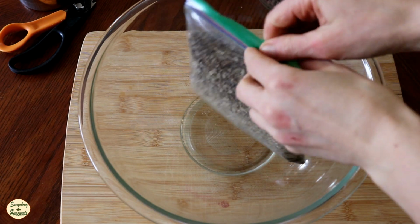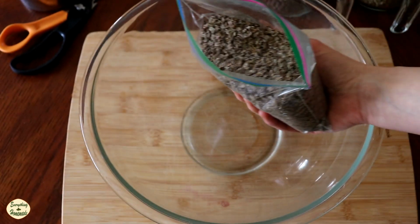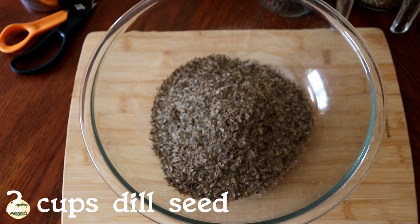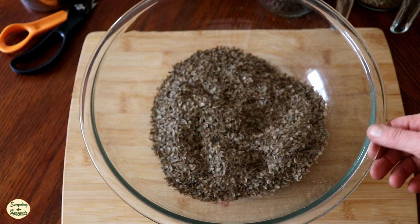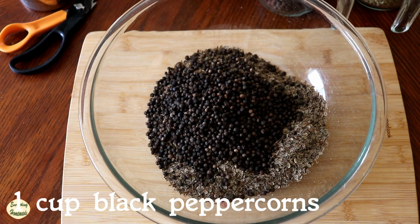So let's get started. The very first ingredient that I'm going to be using is dill. Now this is forward dill in taste, and I have 2 cups of dill seed right here, and this is dill from my garden. Now you can purchase dill, but if you can save your own dill seed, that is the very, very best. So I have dill seed here, and then what I'm going to do is add 1 cup of whole peppercorns,